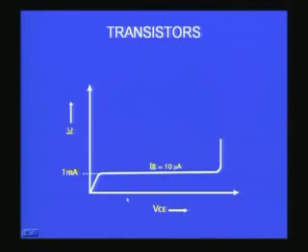Now you can see I am plotting on the x axis VCE, the voltage between the collector and the emitter, and on the y axis IC, the current at the collector. This is one value of IB I have maintained, and you find as we increase the VCE, initially for a very small voltage variation the current increases linearly, and after that, for example in this case when the current IC reaches 1 milliampere, you find irrespective of the voltage you apply on the VCE, the